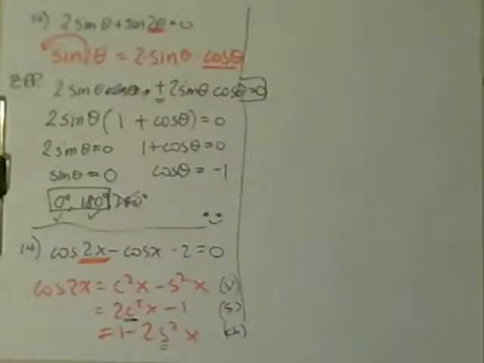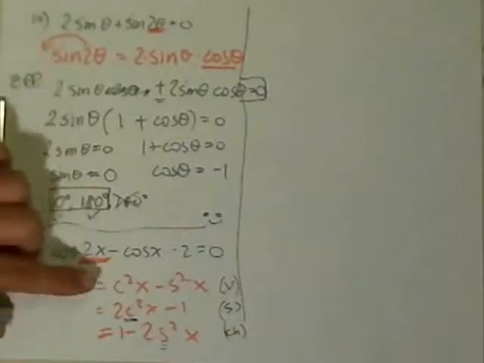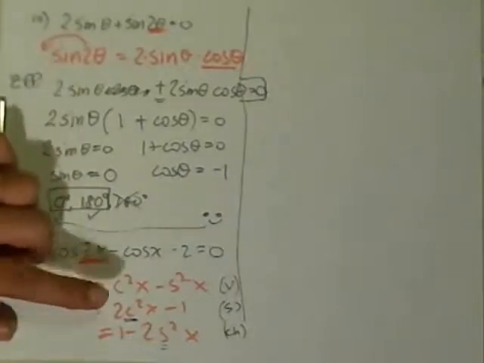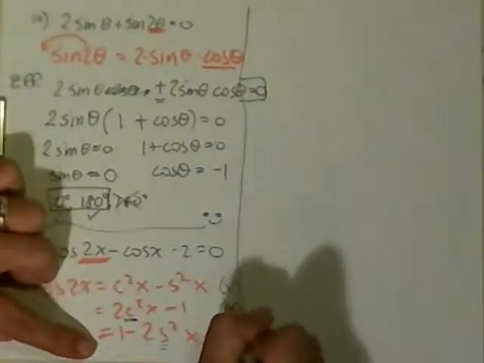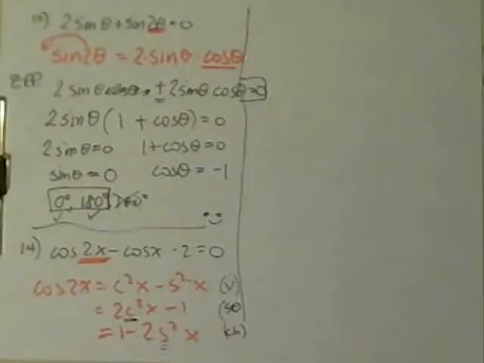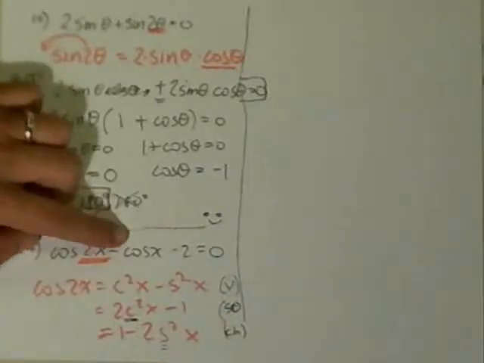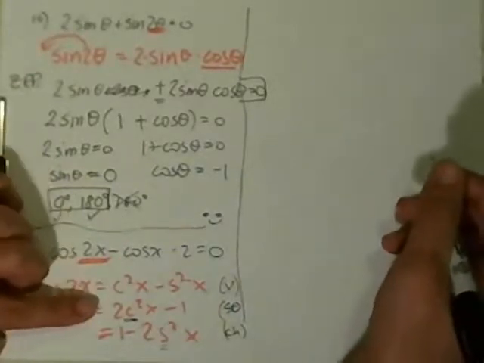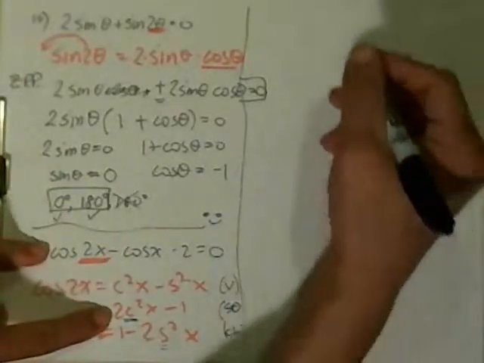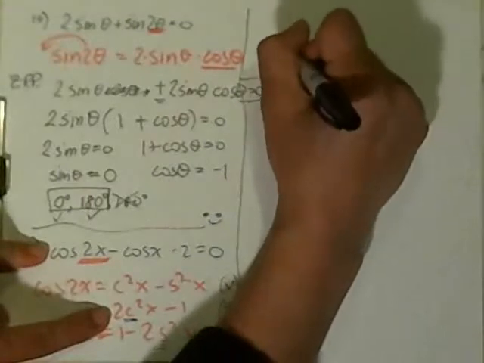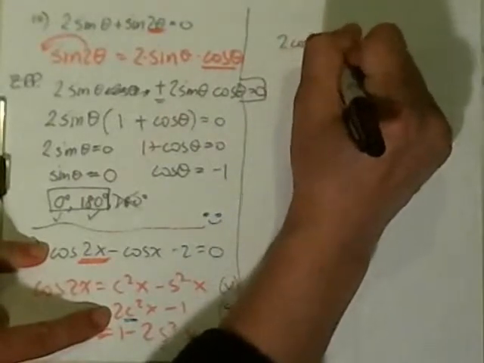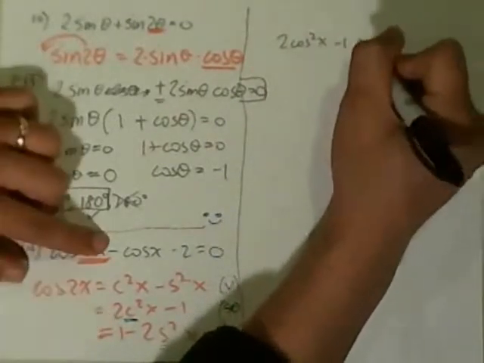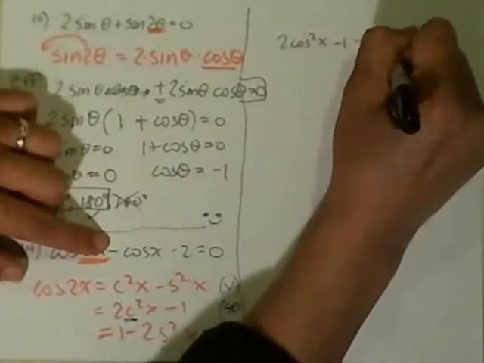So let's get started. Which one are we going to use? Are we going to use flavor vanilla, strawberry, or chocolate? Well, since this middle term is in cosine, I'm probably going to use this one. So let's rewrite it. I'm going to point to it as we go along. I'm going to replace it. 2 cosine squared of x minus 1, and then minus cosine of x minus